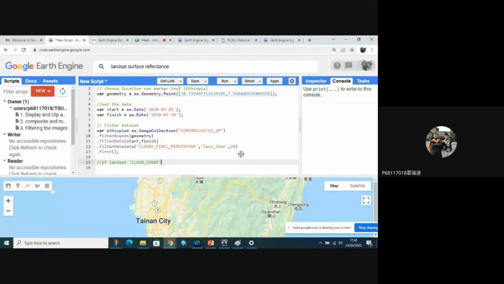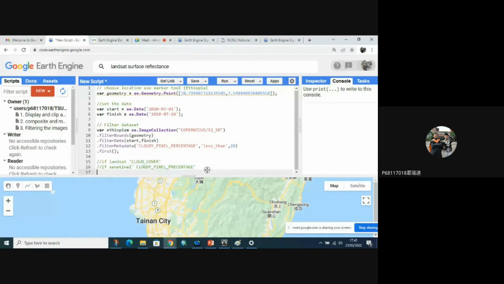If Sentinel, we use cloudy pixel. Yeah, these are the different features of the Landsat and the Sentinel images on GEE. Landsat uses cloud cover to filter the cloud cover images, and Sentinel uses cloudy pixel percentage.